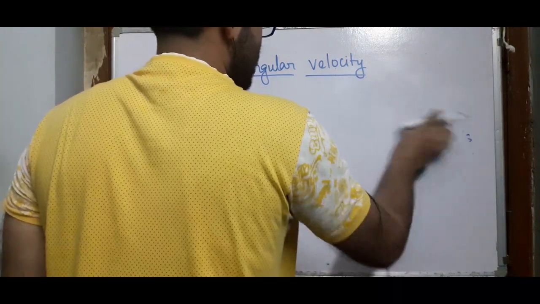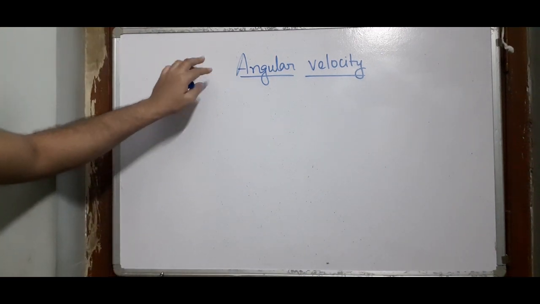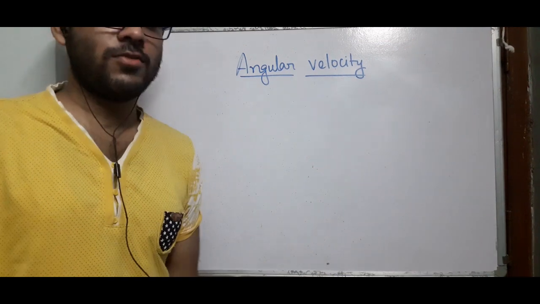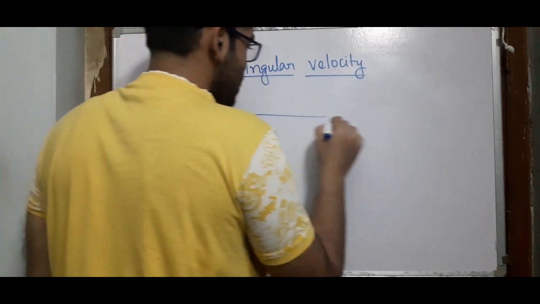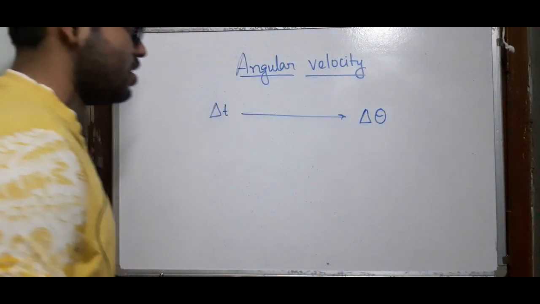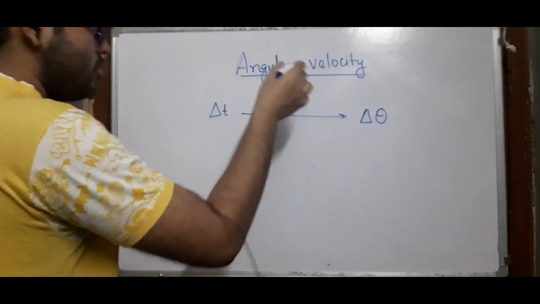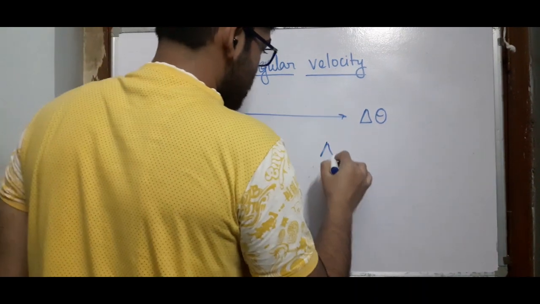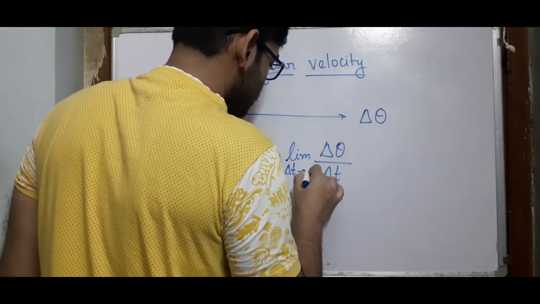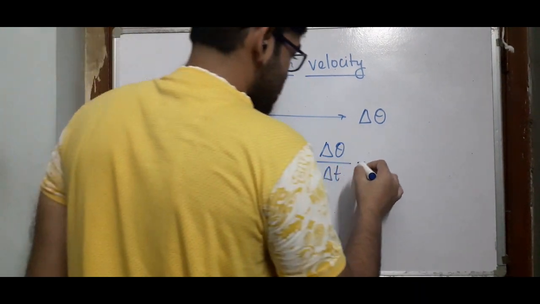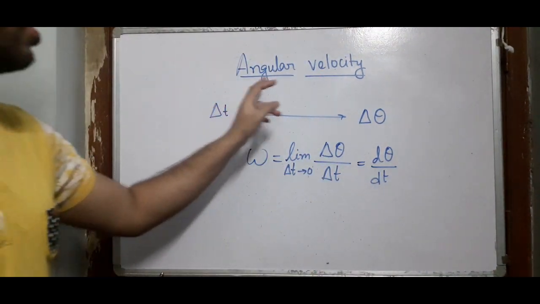Now what is the definition of instantaneous angular velocity? You just attach a word in front of it, that is instantaneous. Let us say that the particle traverses an infinitesimal angular displacement delta theta spending a time delta t. Then by definition the angular velocity of that circulating particle is delta theta over delta t. In the limit delta t tending to 0, you can replace delta by d. So here is the instantaneous angular velocity.